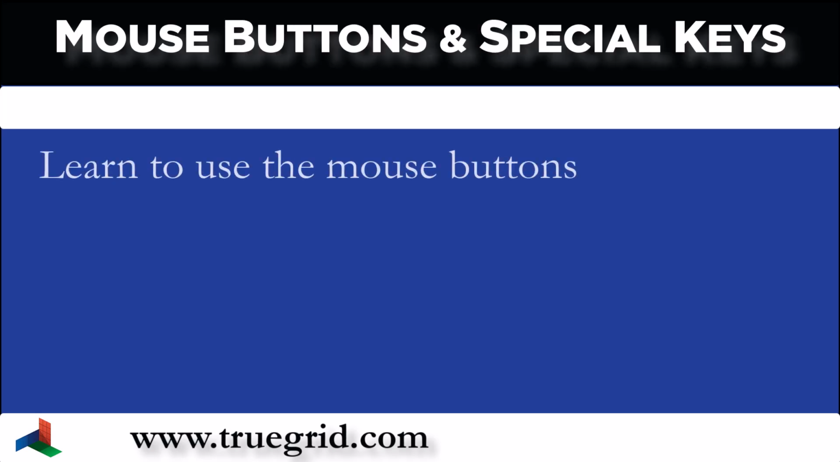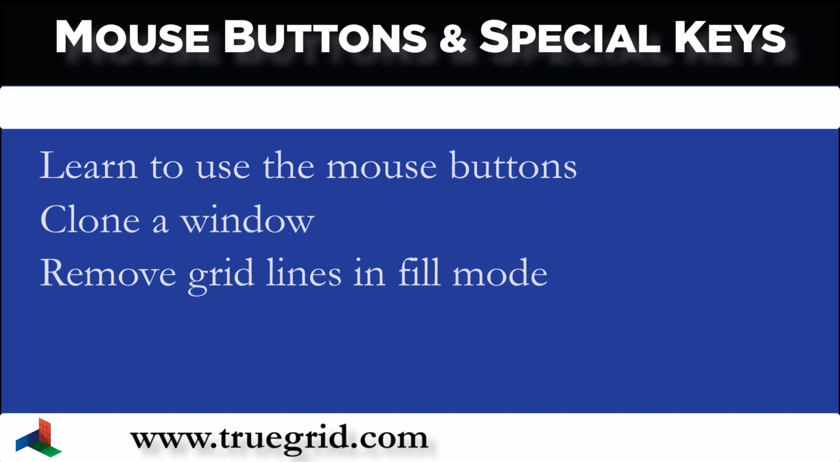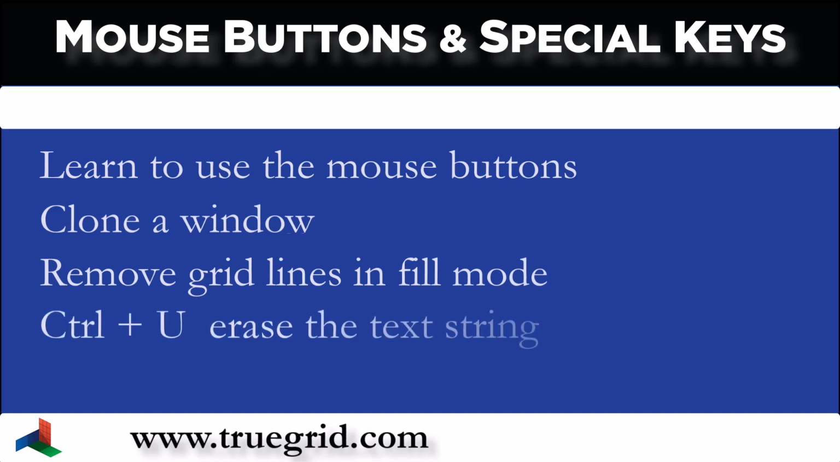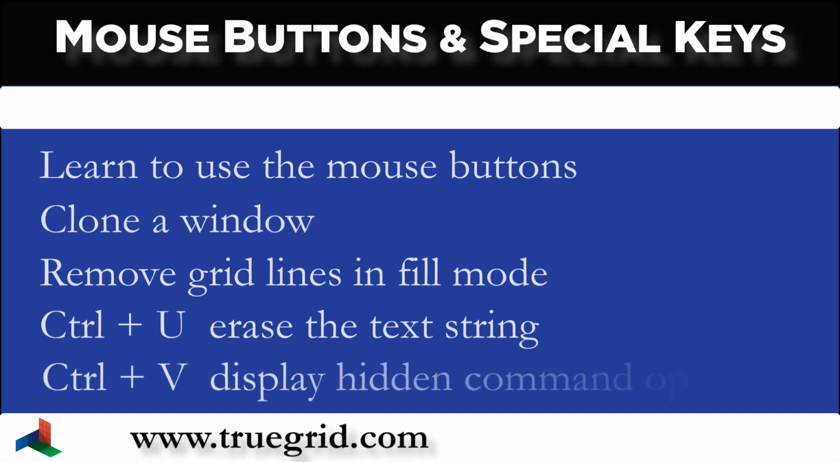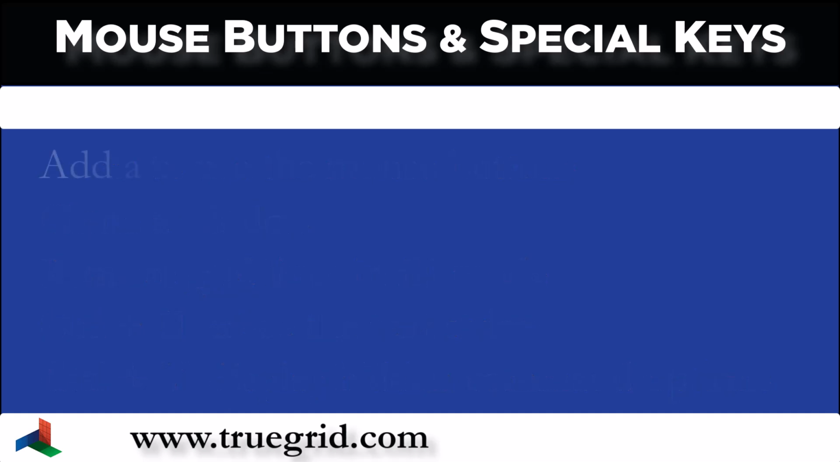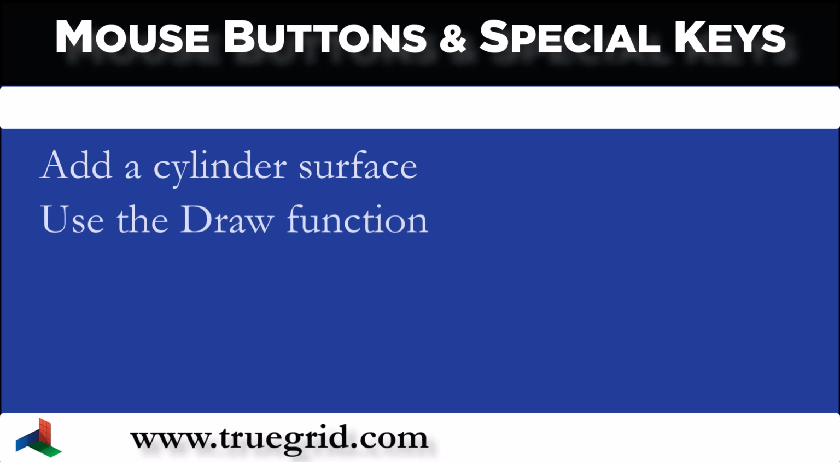In this lesson, we're going to learn how to use the mouse buttons, clone a window, remove grid lines in fill mode, use Ctrl U to erase the text string, use Ctrl V to display hidden command options, add a cylinder surface, use the draw function,